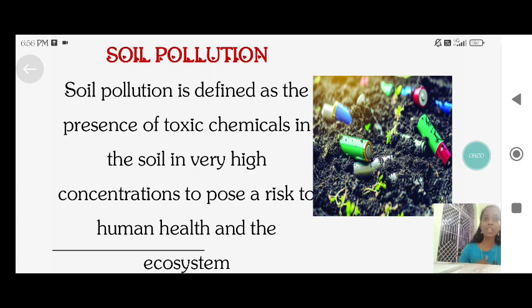So first we should take preventive measures to reduce the throwing of wastes into the soil. Soil pollution is one of the major problems that we are facing today. Not only soil pollution, but air pollution, water pollution, and noise pollution. The 4 types of pollution we are learning now, and we usually leave it, but it is our duty to take preventive measures for controlling all these 4 types of pollution.